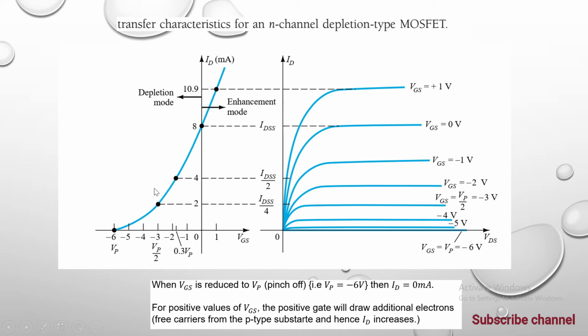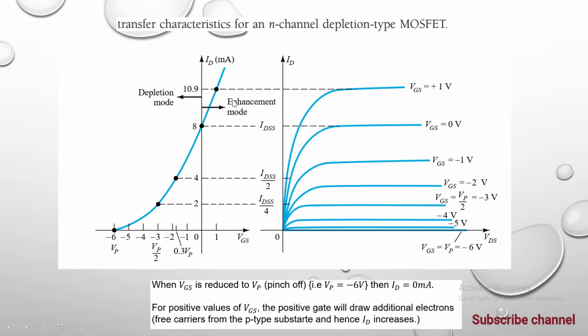This graph is between the drain current and VGS voltage. Here there are two types of modes. Here is the depletion mode, which is for negative voltages, and here is the enhancement mode, which is for positive voltage,